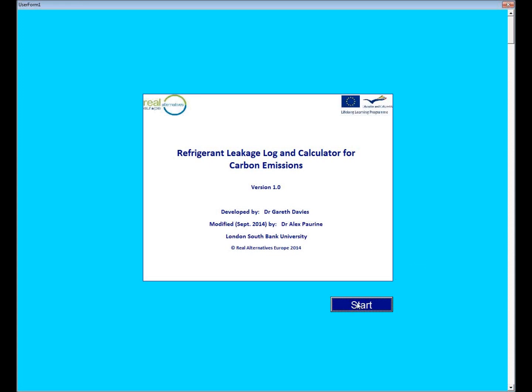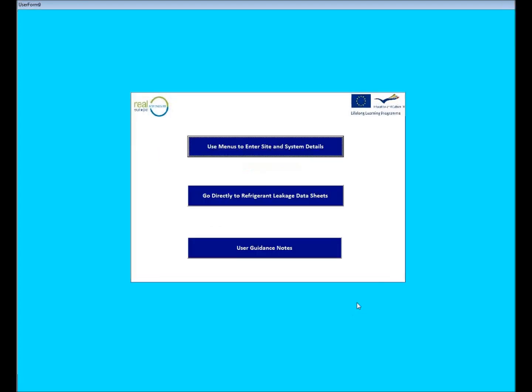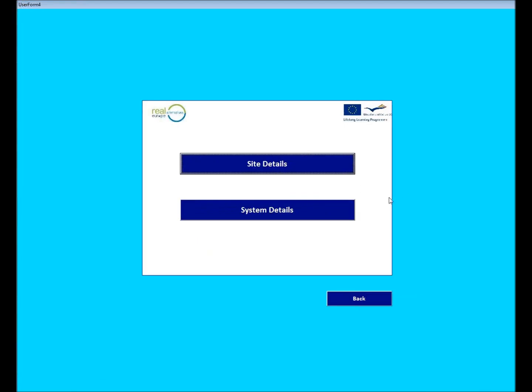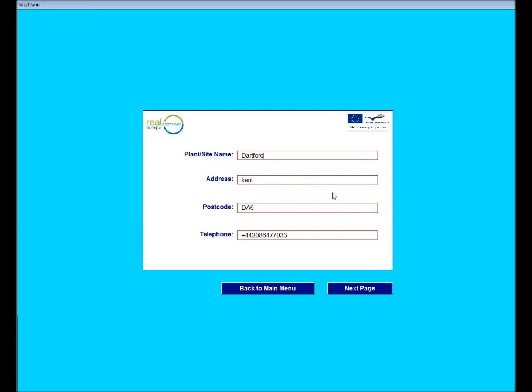Clicking on this Start button will bring you to the page with 3 options. Clicking on the first option, which is the menu to the site and system details, will bring you to another page with 2 options. By clicking the first option, which is the site details, will bring you to this page